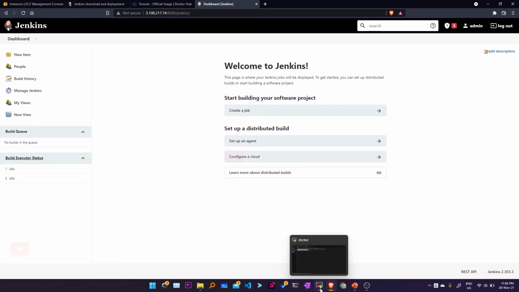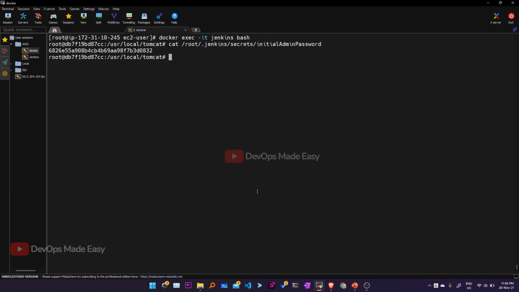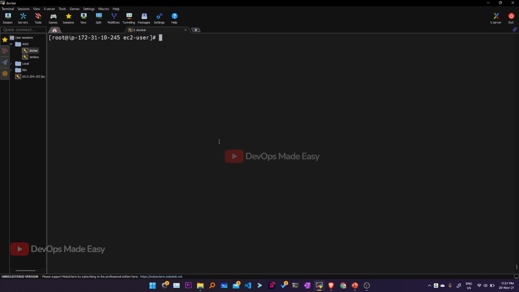The same can be done by creating your own custom image. In this case, I'll exit from the container, and then I'm going to remove the container which is in the running state because I don't have any data to be saved. So I'm removing it with the force command, but in real time always make sure that you have the data backed up before killing an instance like this. And the other way of doing it, anyway, I already have the jenkins.war file downloaded, so I can create a Dockerfile to create a custom Jenkins image.